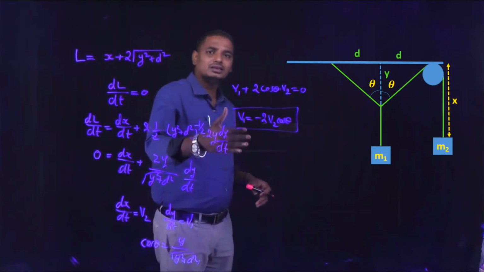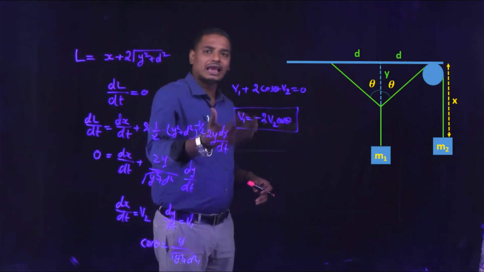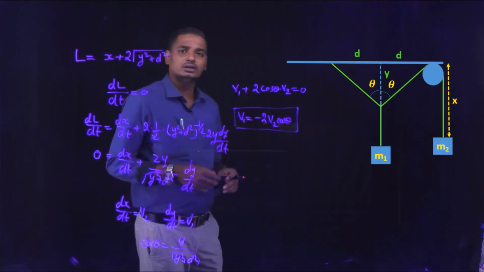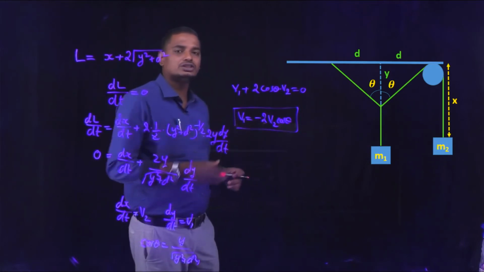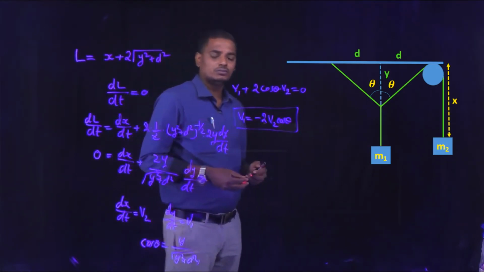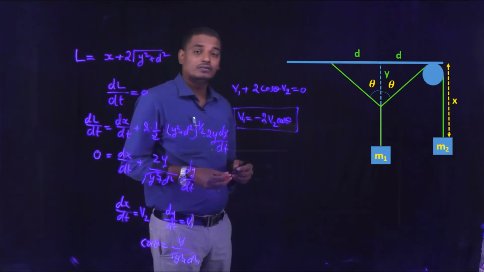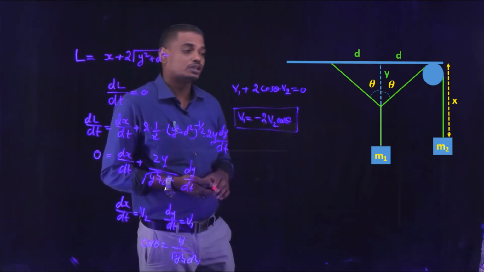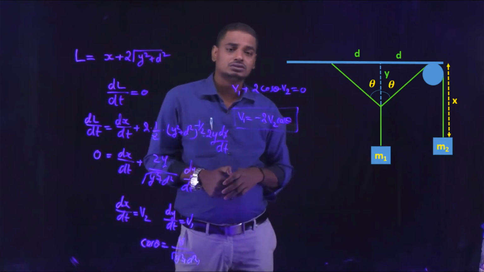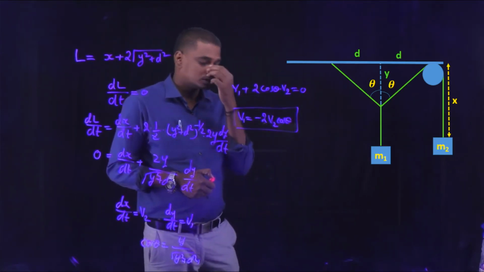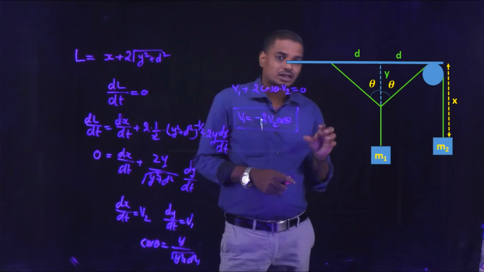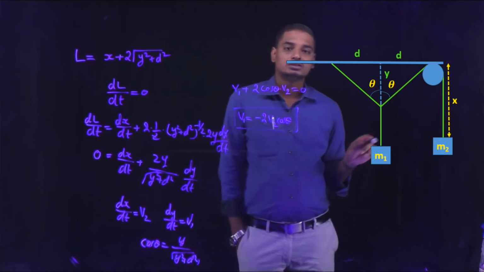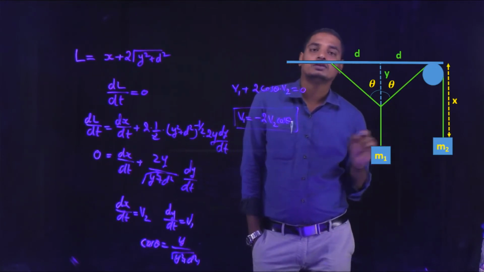If you have to find the acceleration between the two blocks, then again you have to differentiate it with respect to time, and then you can find the relation between the accelerations of the blocks. But remember one thing, while finding the acceleration of the block, theta is not constant. With respect to time, theta also changes. Right. So it is also one of the constrained motions, as the motion of the block m1 is dependent on the motion of the block m.